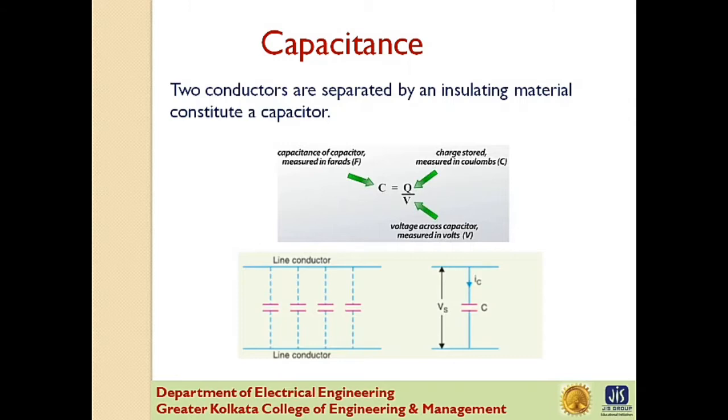When an alternating voltage is impressed on a transmission line, the charge on the conductor at any point increases and decreases with the increase and decrease of the instantaneous value of the voltage between conductors at that point. The result is a current known as the charging current, which flows between the conductors. This charging current flows in the line even when it is open circuit, that is, supplying no load. It affects the voltage drop along the line as well as the efficiency and power factor of the line.